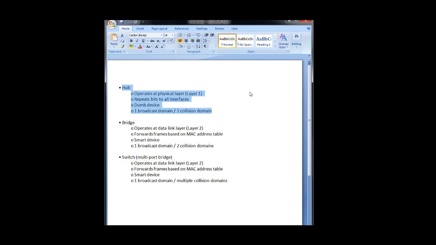All it does is receive bits on one of its ports, and it boosts the signal and repeats those bits out to all of the other ports. It's just a repeater. And that means that it's a pretty dumb device. It doesn't have any sort of intelligent forwarding capabilities. It's very simple. And when we talk about a hub, the hub represents one broadcast domain and one